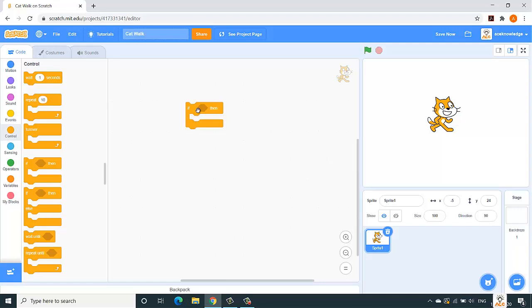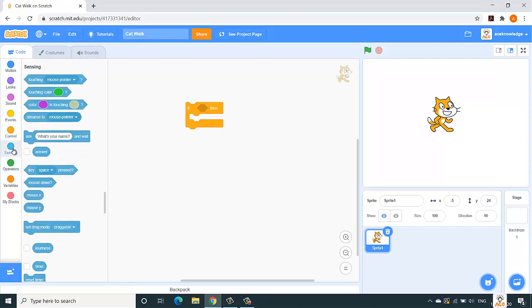Since we are getting the input that the user is pressing the left or right arrow key from the keyboard, we are getting the data from the end user. So when we want to take input from the user for our application, in which block do we go? This we have seen in part 1, the introduction part of our Scratch programming. If you have not seen that video, I request you to watch that video first.